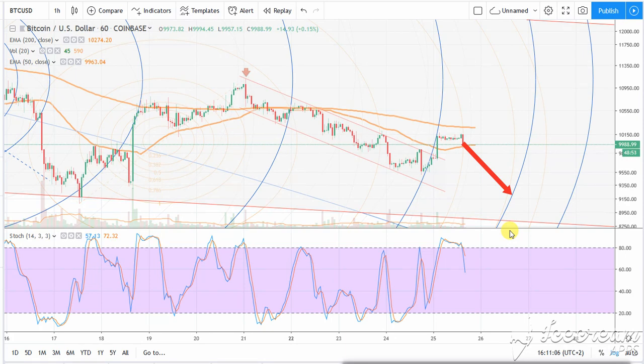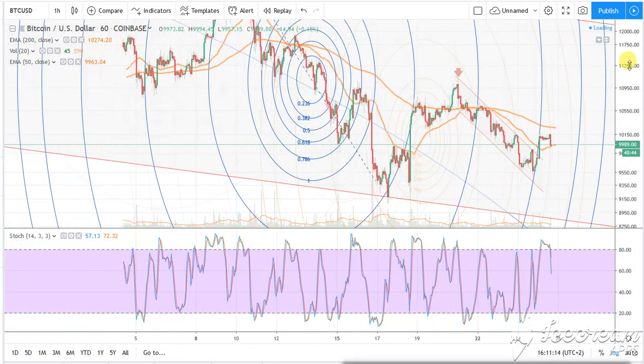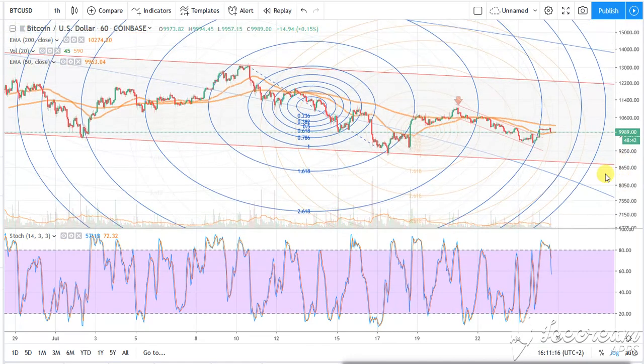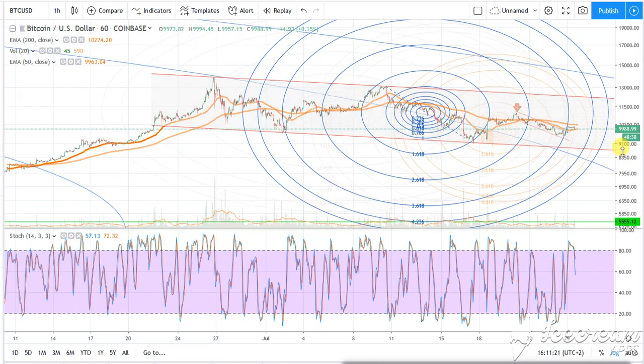That's in the micro. So let's zoom back out, turn draw off, and just kind of look at the overall to see where we are and what these circles are telling us. And then again, we have this